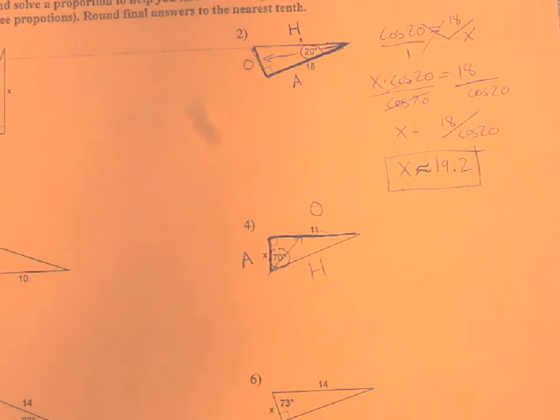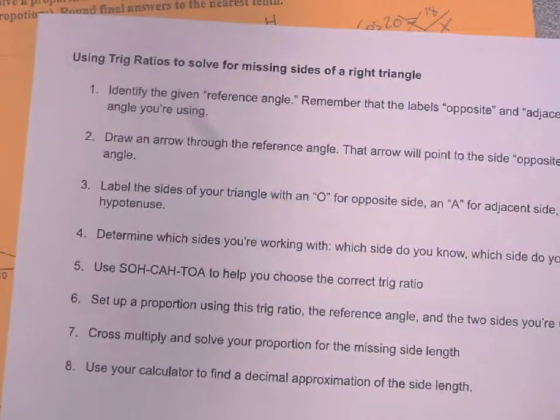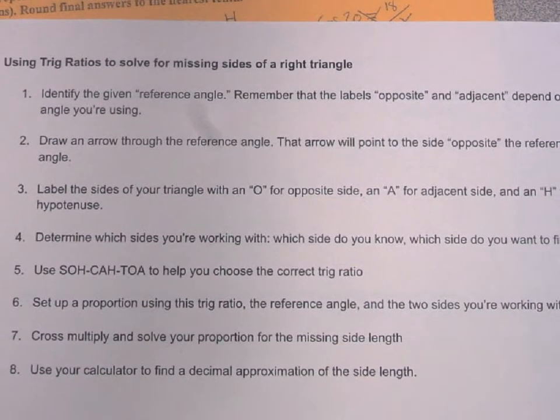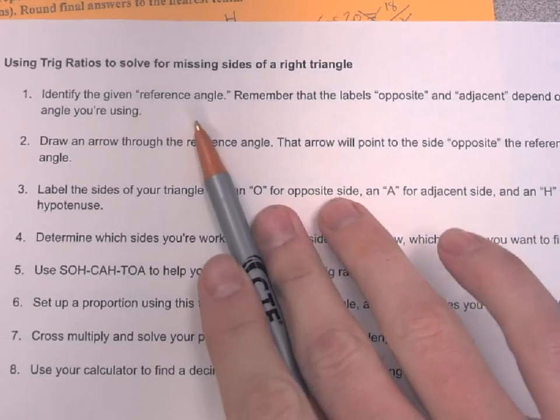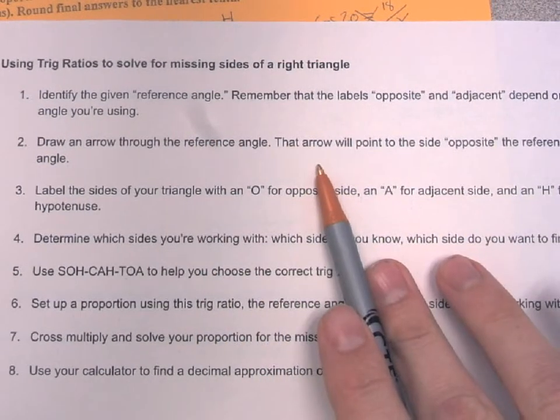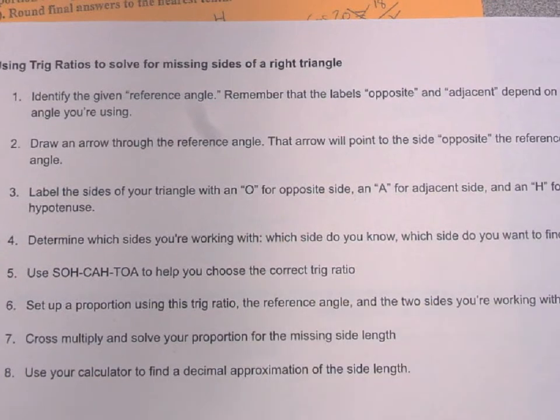We label those with an A and an O, depending on which angle we're looking at. And then the other side is the hypotenuse. Okay, so that's steps 1 through 3. Find the reference angle, draw an arrow through the angle, label the sides O, A, and H for opposite,